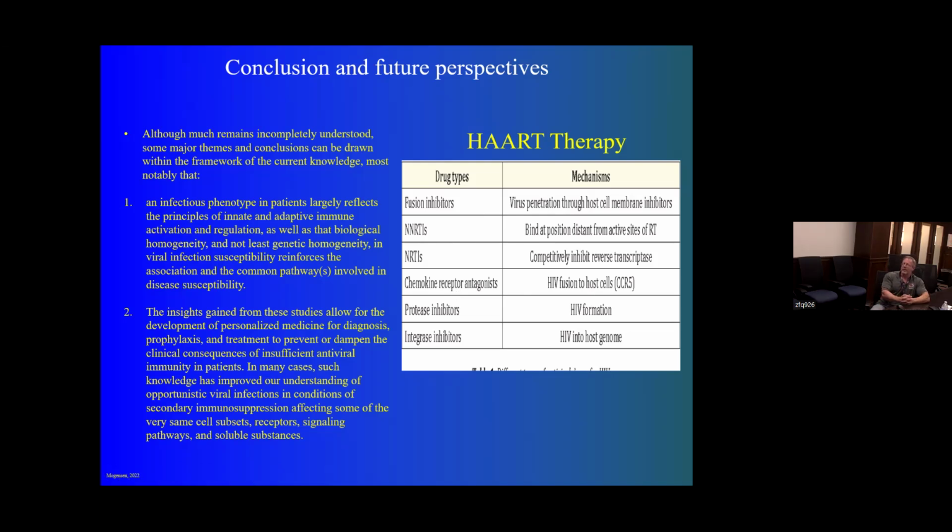So there are some benefits that we have gained from examining these inborn errors of immunity. And this is probably the approach that we will continue to lean on as we identify more of these. There may be many viruses and many viral infections that we just don't know at this point that are being supported by certain errors within the host immune system at the genetic level that we're just not aware of. And hopefully these studies will continue to stimulate discussion and research into these mechanisms. And this completes short course session 3.